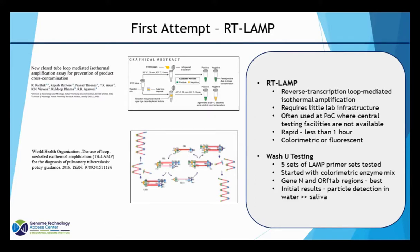It requires very little lab infrastructure. The assay is very, very simple. It's very rapid. It takes less than an hour to run, and it's fairly flexible. It can be done as a colorimetric version, just in strip tubes or regular tubes, or it can be done as a fluorescence assay, say on a thermocycler instrument. And so there was a lot of buzz about this early on, so we started to do some development in